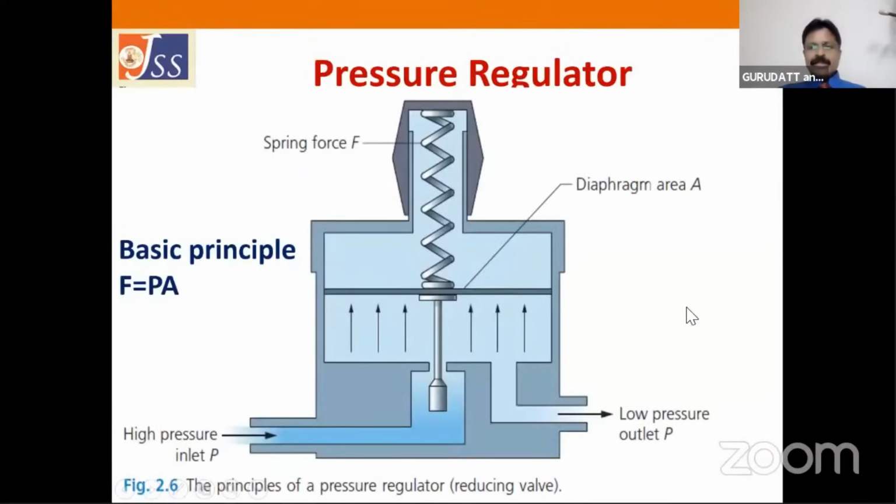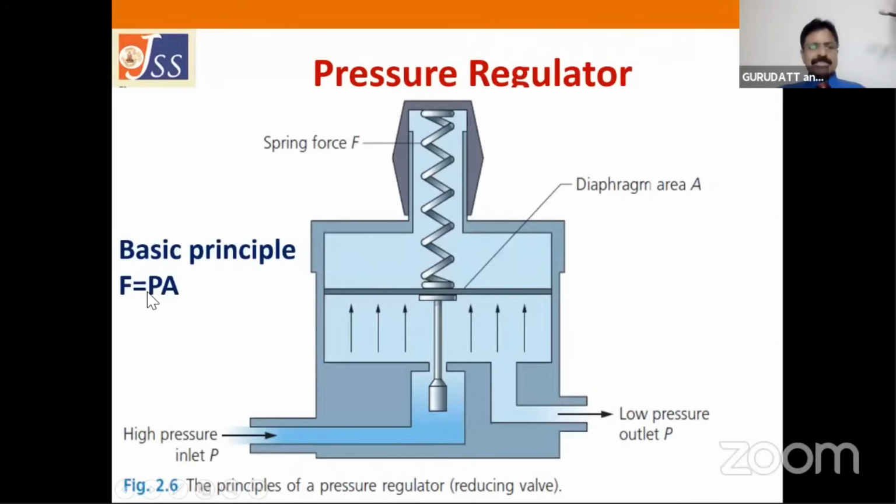Now coming to the pressure regulator. The pressure regulator is another very important thing for you to know. Usually you will be asked what is the basic principle with which the pressure regulator functions. The basic principle is force equals pressure into area. That means